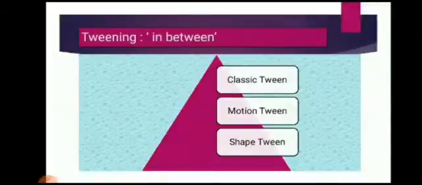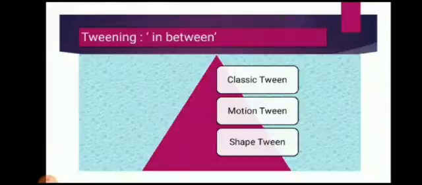Animation can be created in Animate with the help of tweening. Tweening means in between. It is a key process of all types of animation, including computer animation. It is a process of generating intermediate frames between two images, meaning two keyframes. It will make the intermediate frames so that the appearance is that the first image evolves smoothly into the second image.